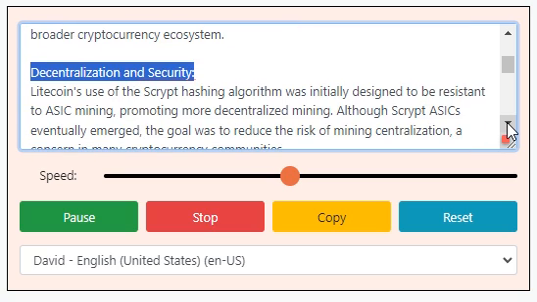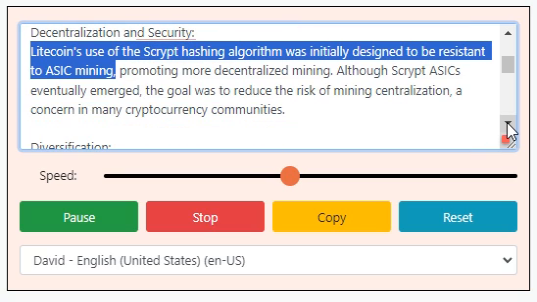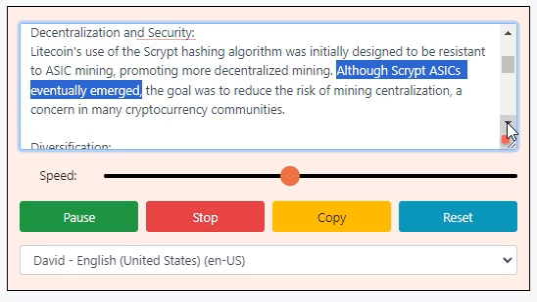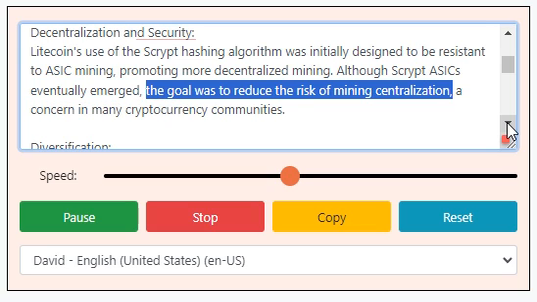Decentralization and security. Litecoin's use of the Scrypt hashing algorithm was initially designed to be resistant to ASIC mining, promoting more decentralized mining. Although Scrypt ASICs eventually emerged, the goal was to reduce the risk of mining centralization, a concern